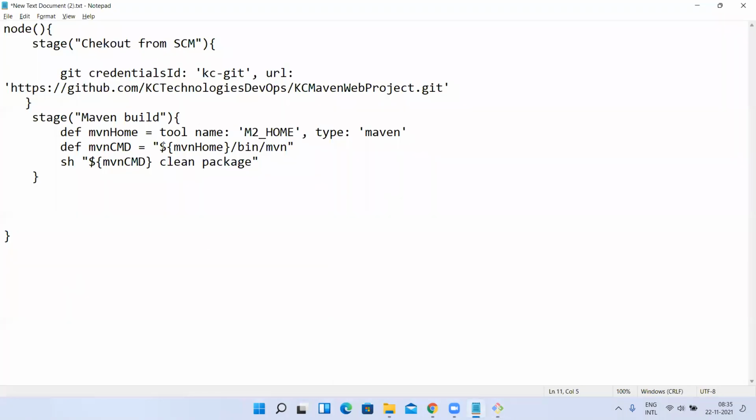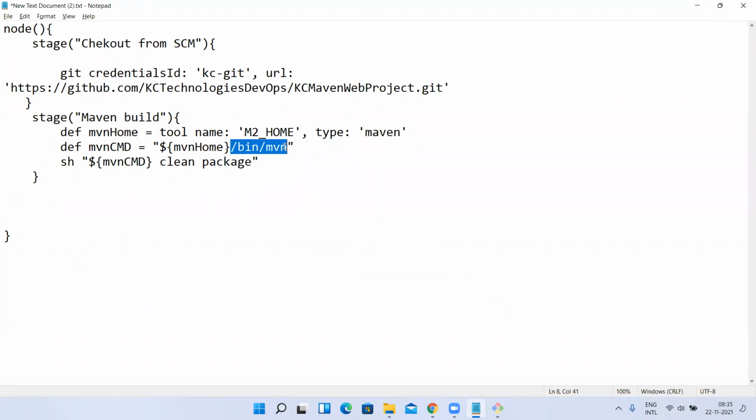How to read variables dynamically is in shell script itself, we know, right? Same format here. So this is equal to this. Now this maven cmd has this path, Apache maven /bin/ this one. So I'm going to read this. This tool is going to return only the path whatever we have set in the global tool configuration. So I have stored it in a variable, and I'm creating one more variable, reading this variable value dynamically and then appending the path /bin/maven.